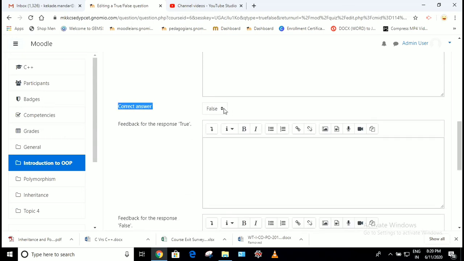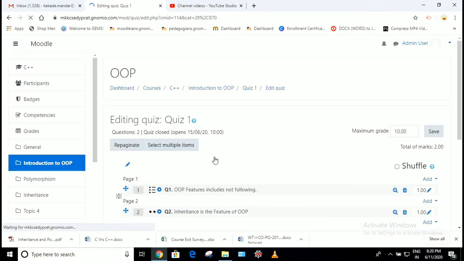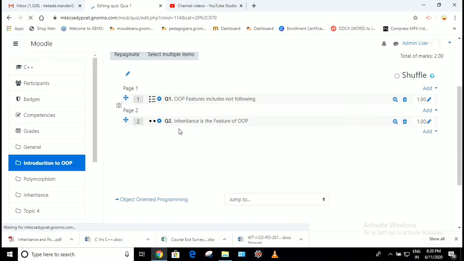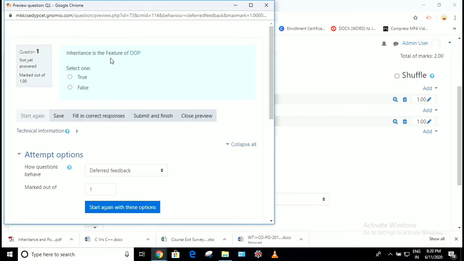Here set this to be true. That's it. And click on save changes. If you click on save changes, your question will get added into the quiz. Now if you want to preview, you can click on this plus icon and you can preview your question. Inheritance is the feature of OOP, true or false.